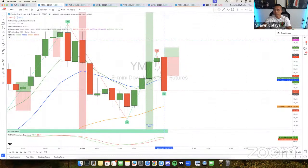So I'm gonna put this over here. Yeah, that's a huge candle. I wasn't expecting that big candle to come like that. I was like, maybe it'll come down a little bit and spike right back up, but unfortunately we got caught